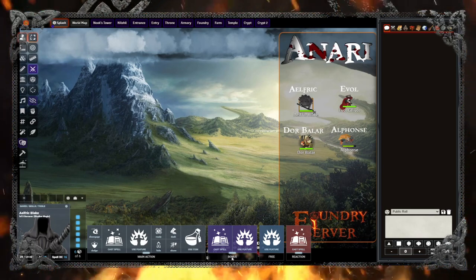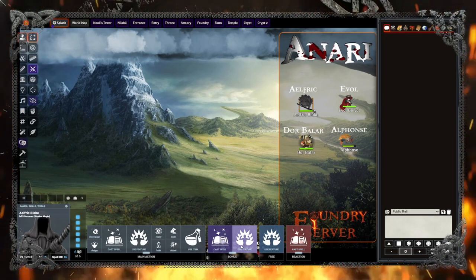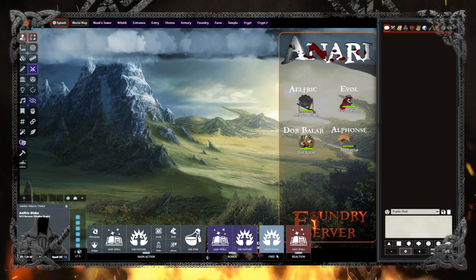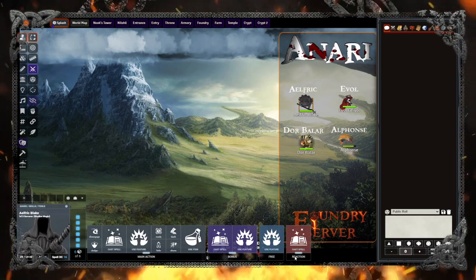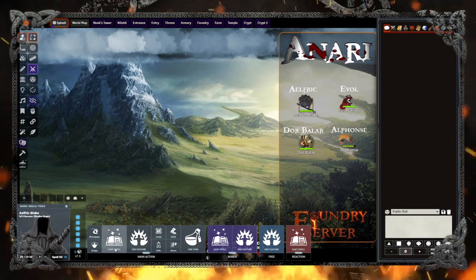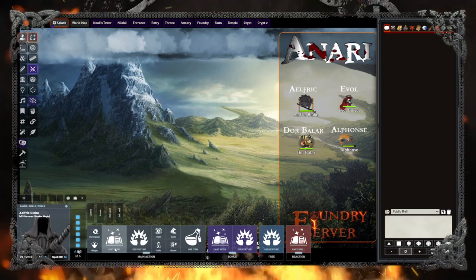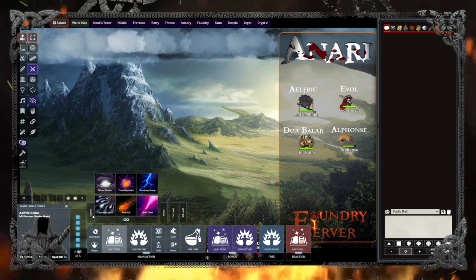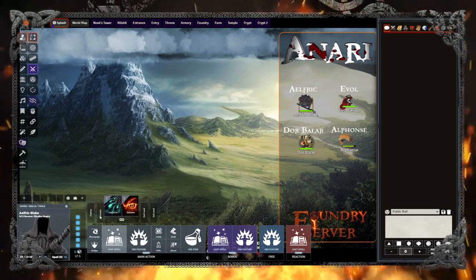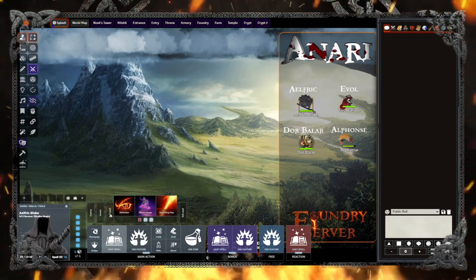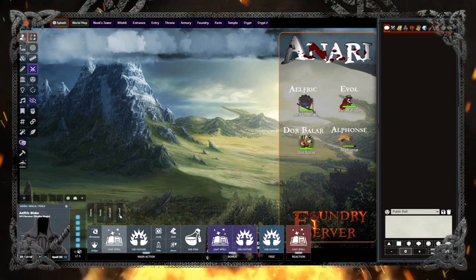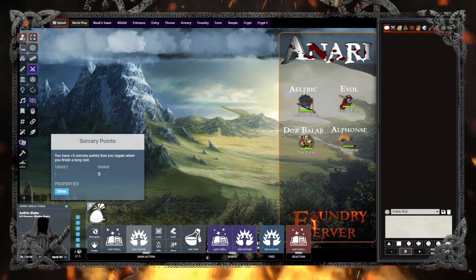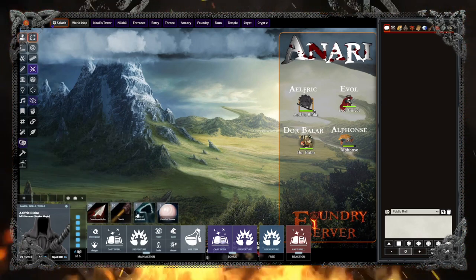Then we have bonus actions, where you can cast spells and use a feature, a free action that you can use a feature with, and cast a spell as a reaction. So what happens with some of these, like casting a spell, you click on cast a spell and it brings up your little list here where you see what cantrips Alfric can cast as an action. Or you can use a feature, which is his sorcery points. You can use items, anything that's in his